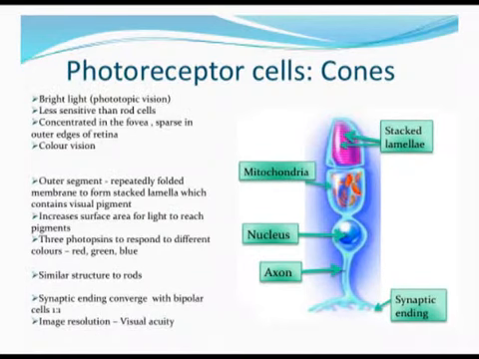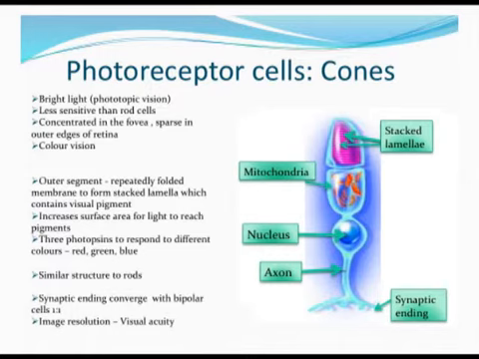The other type of photoreceptor cell is the cone cell, and these function better in bright light, so they need a lot of photons in order to become activated. They're more concentrated in the fovea, the point of highest visual acuity in the eye, and they also give us our colour vision. Again, they have an outer segment which contains the visual pigment, but this time it doesn't contain rhodopsin. They contain 3 different types of opsins that respond to different wavelengths of colour, so red,